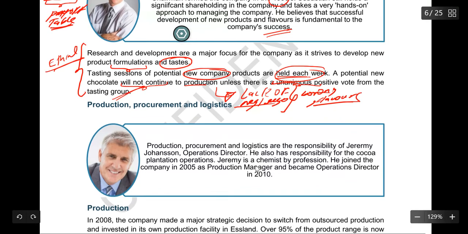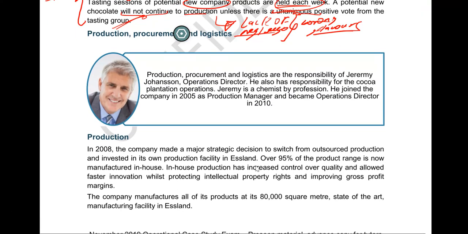Production, procurement, and logistics. So here comes production, procurement, and logistics. It is clearly stated that this is the responsibility of Jeremy Johansson, operations director. He is responsible for cocoa plantation operations. So it's very important to understand. Jeremy is a chemist by profession. He joined the company in 2005 as a production manager and became operations director in 2010. So students, he is like a part of the organization because he has been working for a long period of